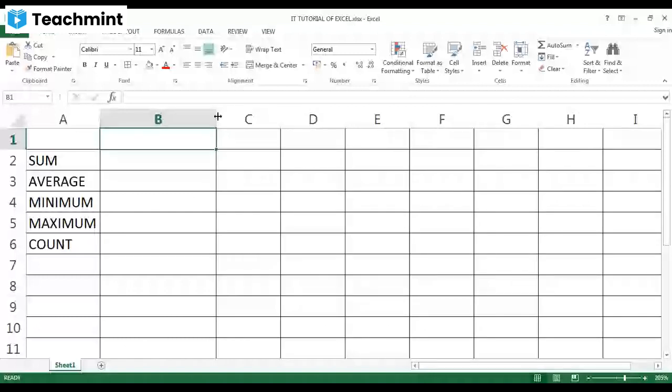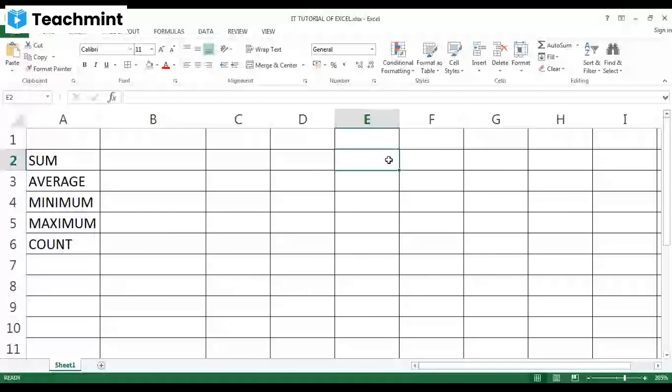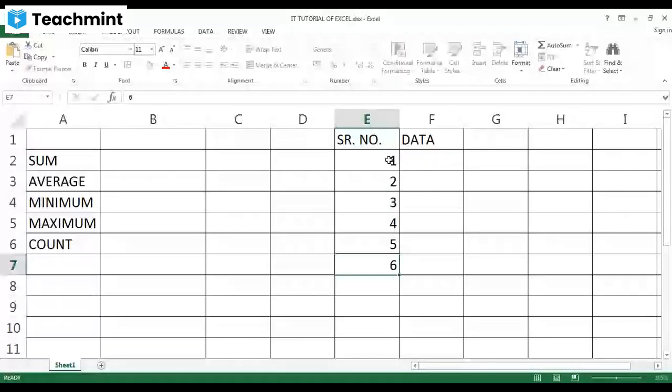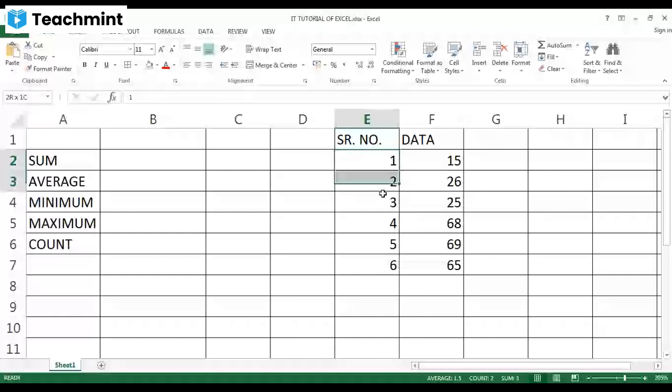If you want the sum of any data, suppose I am making a table over here: serial number and data 1, 2, 3, 4, 5, 6, data 15, 26, 25, 60, 69. Now I want the sum of these digits.